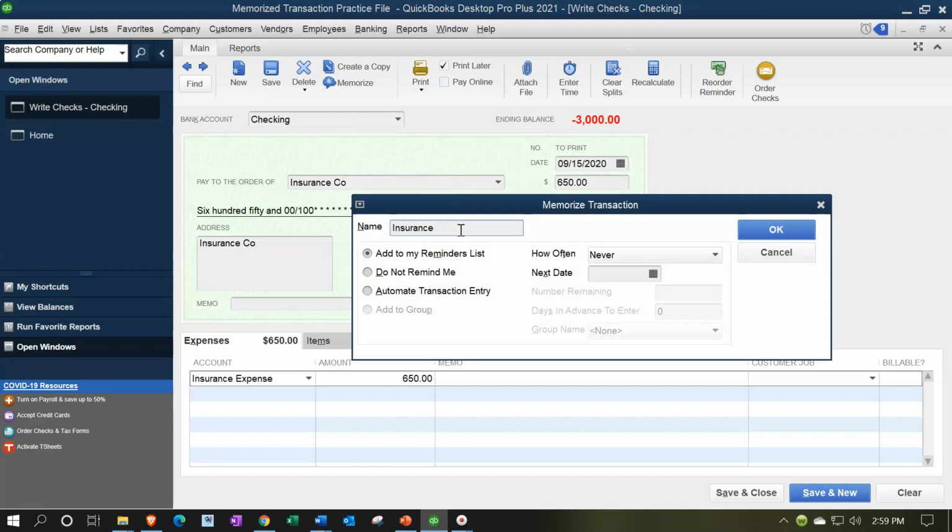I'll just call it insurance expense check. So a different name for it. And then this time, I'm going to say I want to automatically record the transaction. Now, this might be useful. I don't recommend this if you're actually going to write the check. But you might use this if you were to automatically record the transaction each month, and then you have